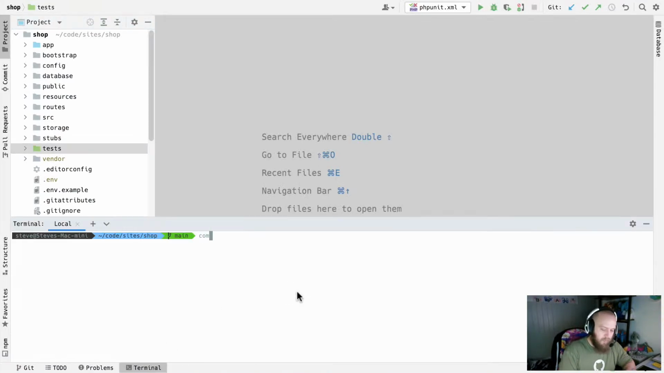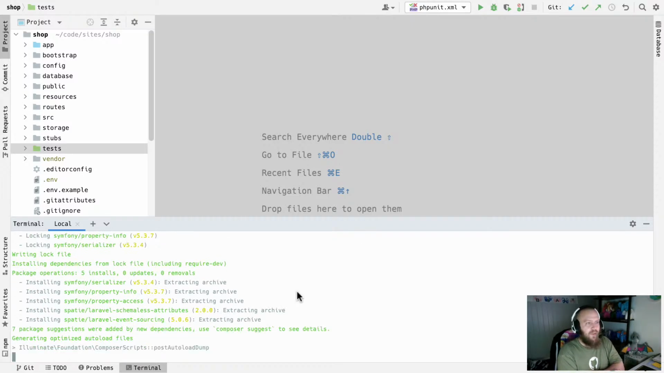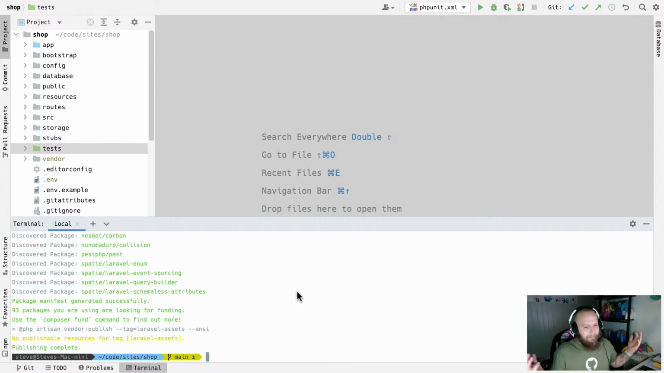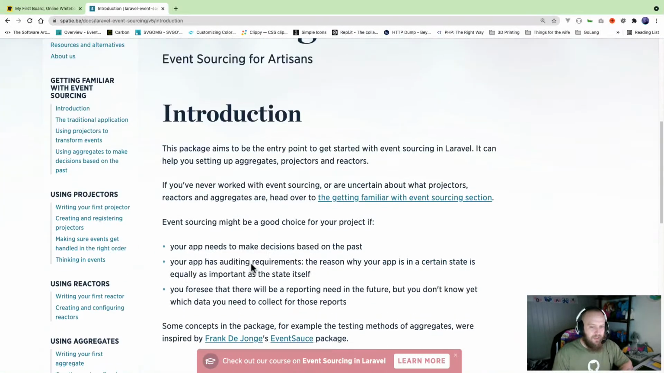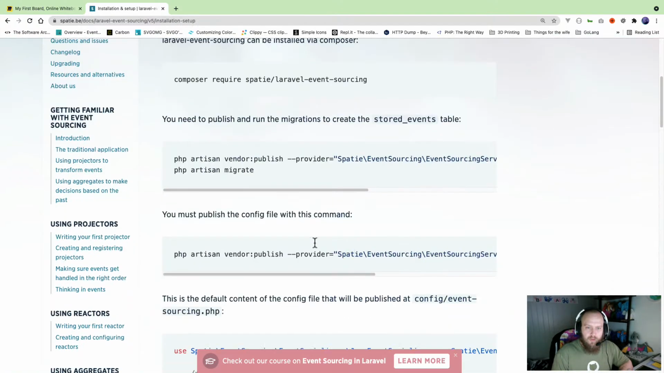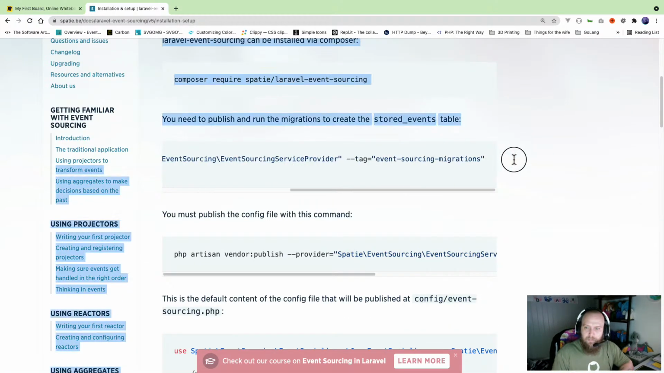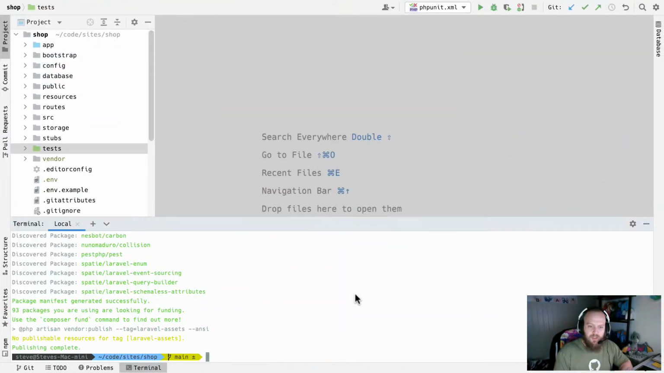So, yeah, for event sourcing in Laravel, it makes a lot of sense. You can do other things, but you end up making compromises or spending two, three, four times longer than what you really needed to. So, composer require, great. Now let's publish our migrations